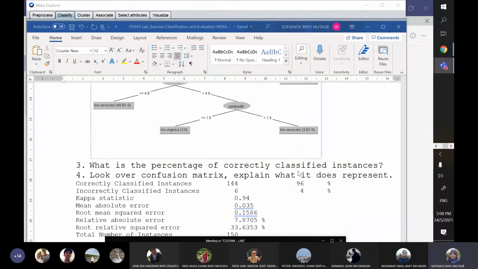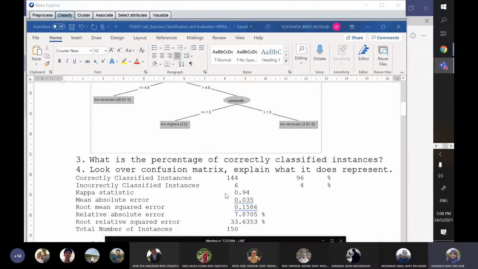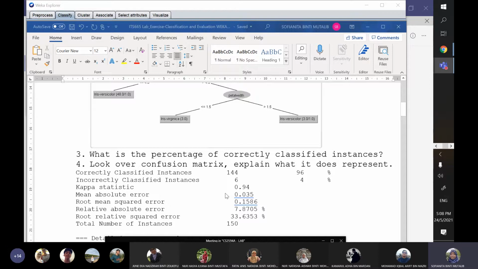So the accuracy of the model will be used to determine whether the model is good or not. When you determine the accuracy of the model, normally, this is the result when you apply cross validation. So 144 is referring to the instances being tested.